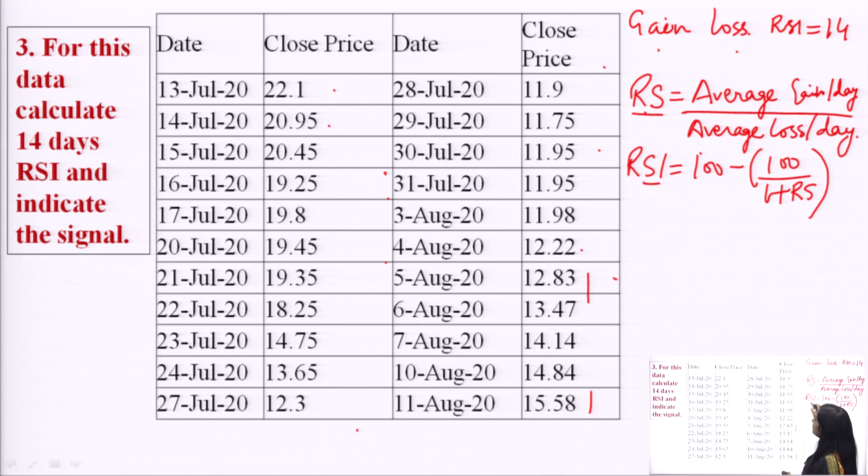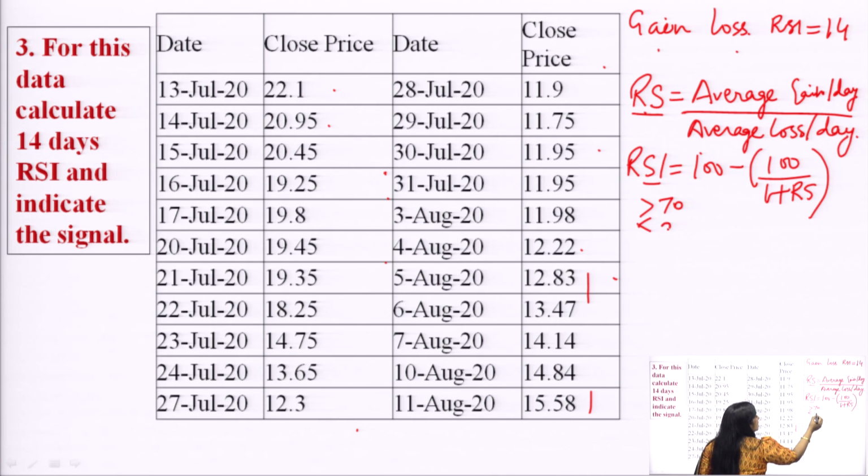So, this is how the RSI value would be calculated. If this RSI value is greater than 70, we will say we should sell it. If it is less than 30, we should buy it. But if we see in this numerical, the RSI value can never cross 70, since there are very small changes. So my values would be very small, and it will give me a value which is less than 30. So this is indicating that this particular stock should be bought if I calculate all these values by using the formula. So, this is how one can solve this numerical.